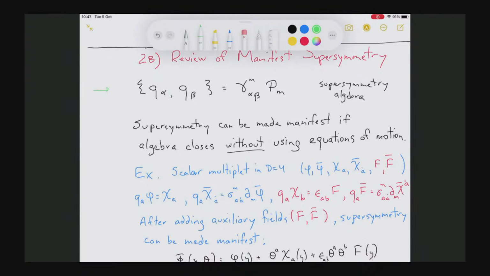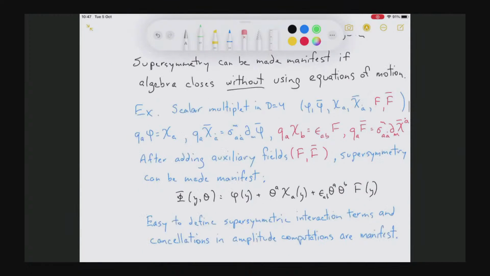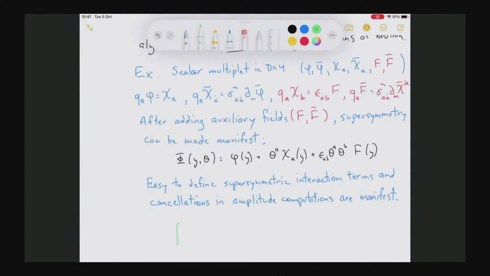So a simple example is, for example, just a scalar multiplet in 4 dimensions, so the Wess-Zumino multiplet. So it consists of a 4-dimensional complex scalar phi and phi bar, and then the spin 1/2 fields chi and chi bar. And if you just write the standard, let's just do the free action first. So d4x. Now we're in 4 dimensions. Okay, so you have d4x, d m phi bar, plus chi. I'll write it using Pauli matrices, so you have something like this.